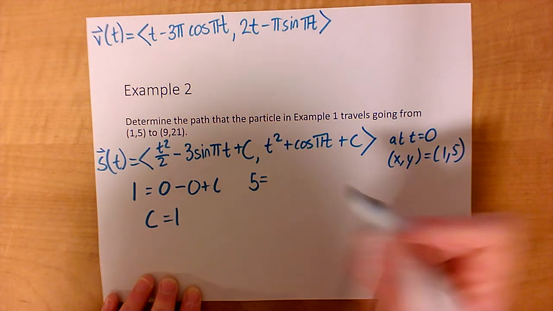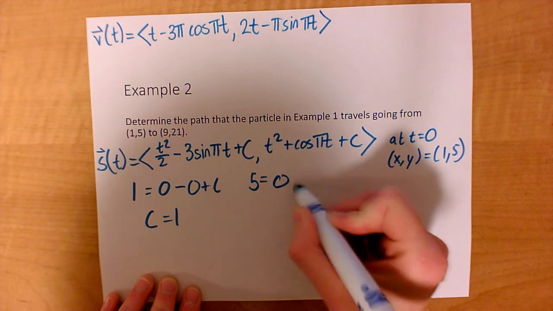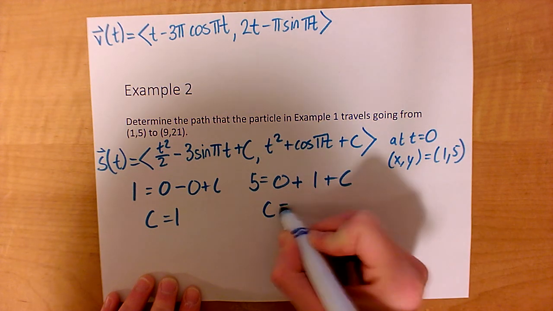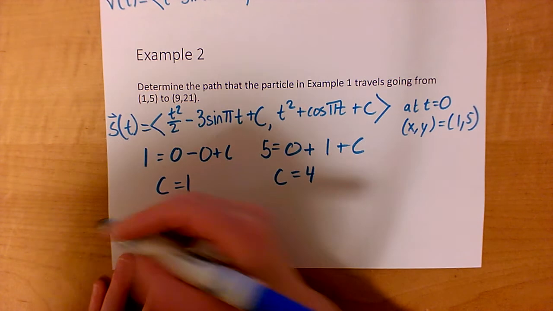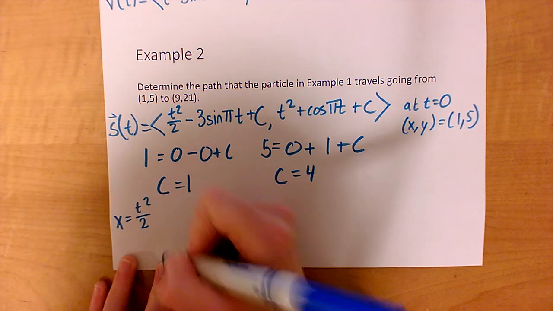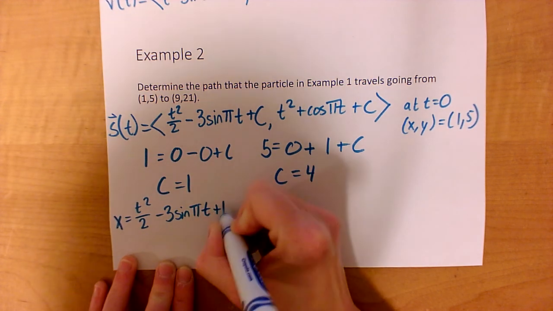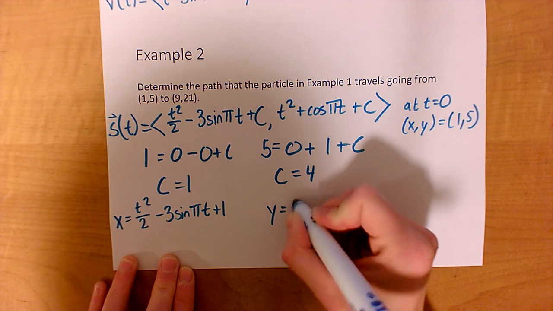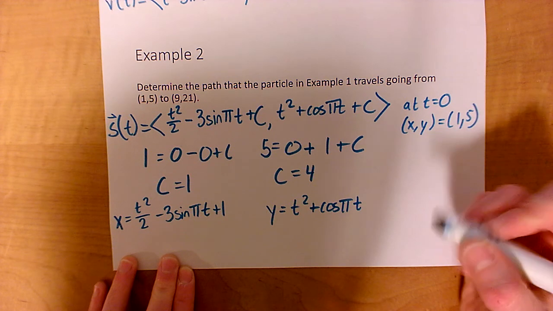So then for your first component, c is 1. And then for the next piece, if we plug 0 into this, we would get 0 plus 1 plus c. So then for this piece, c is 4. Okay? So then we can get our x and y functions here. So then x is going to be t squared over 2 minus 3 sine pi t plus 1. And then y is going to be t squared plus cosine pi t